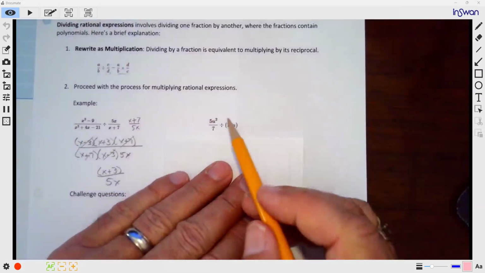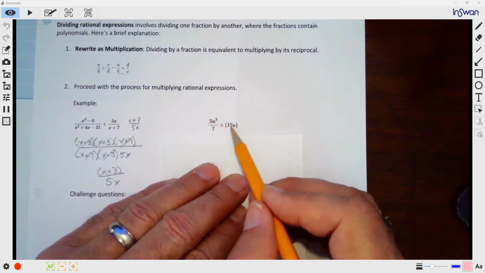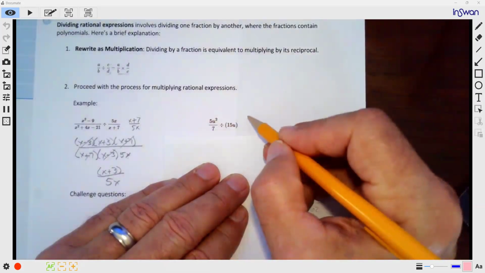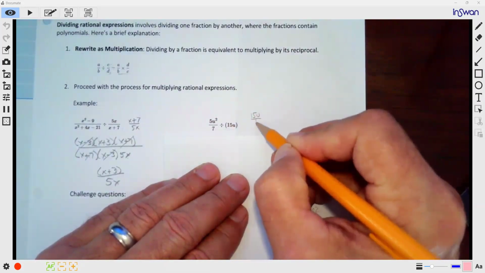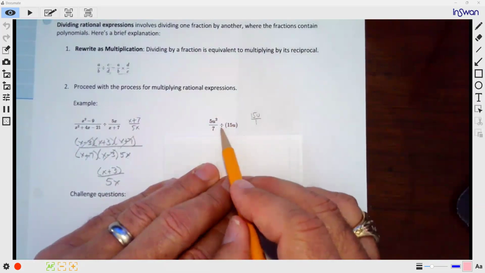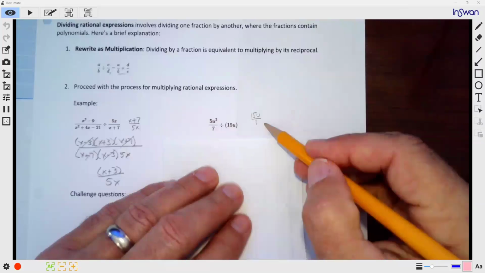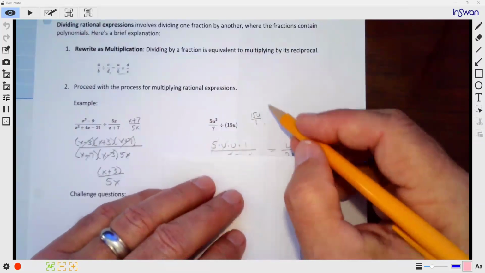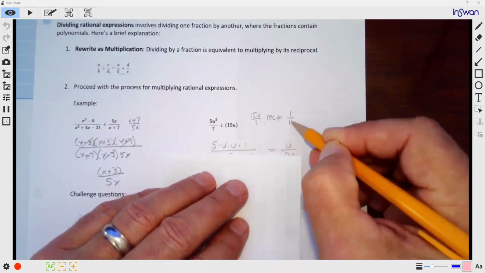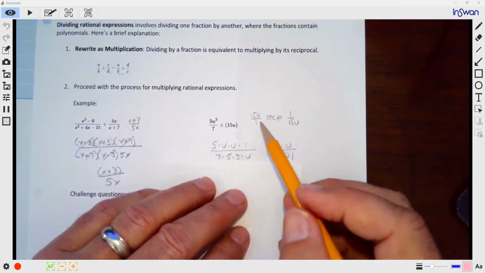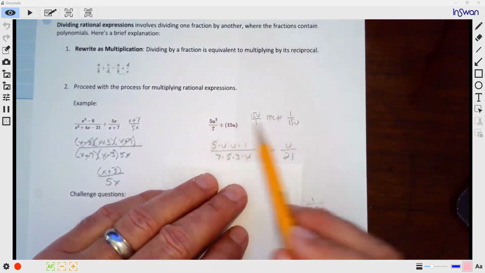One other example, well, this is clearly a fraction. 15u doesn't look like a fraction, but it is, because any whole number can be written as a fraction over 1. Since it's division, what do we have to do? We have to take the 15 over 1 and flip it, which makes it become 1 over 15. So the reciprocal would be 1 over 15u. And then we do the same thing. We multiply. We have 5 times u, and when